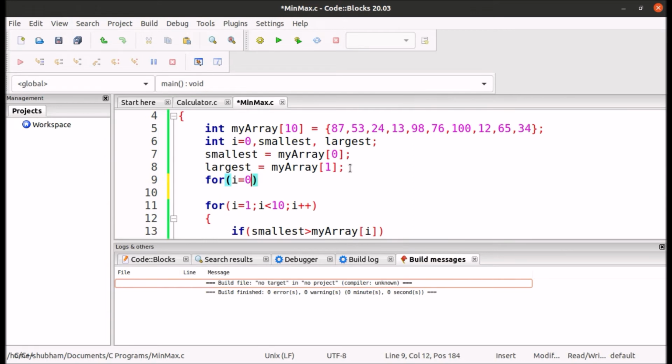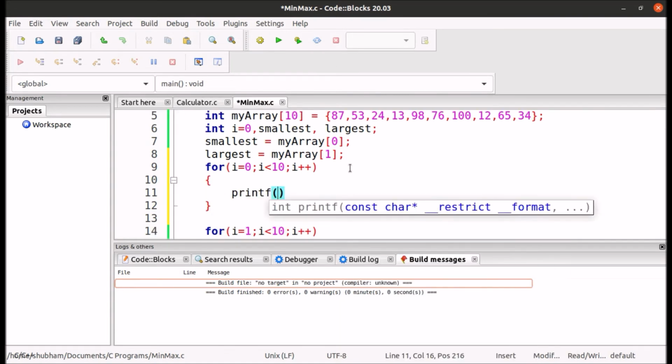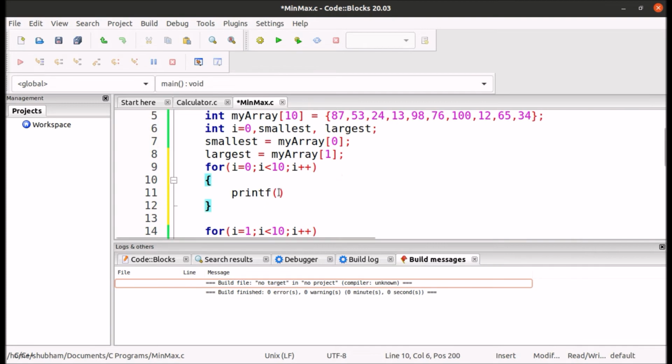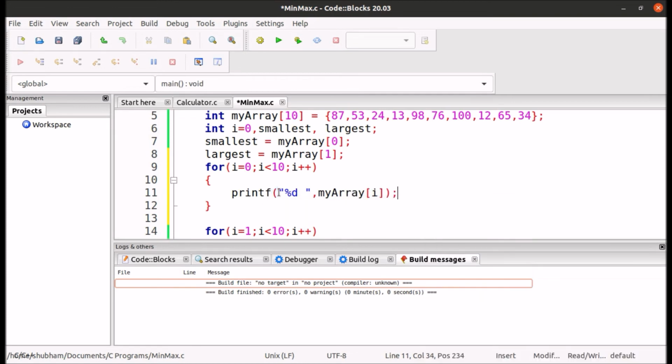I equal to 0, I less than 10, I plus plus, and printf %d some space and then my array of I. Let's run it.